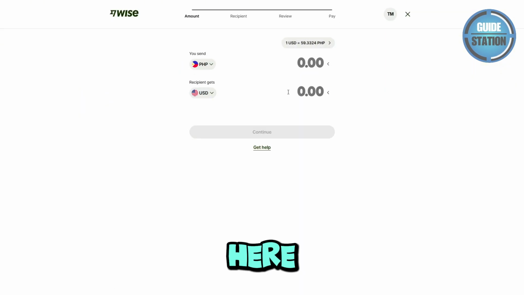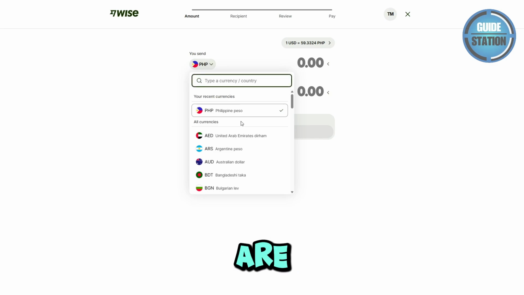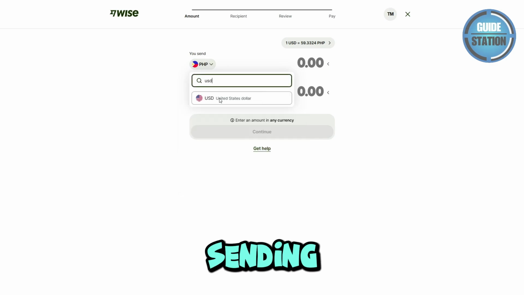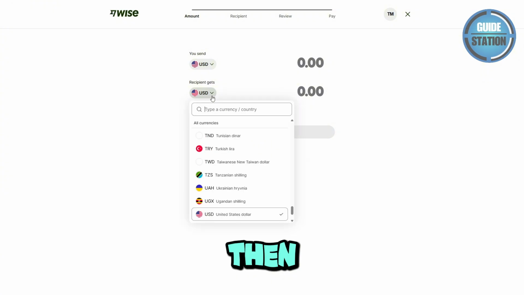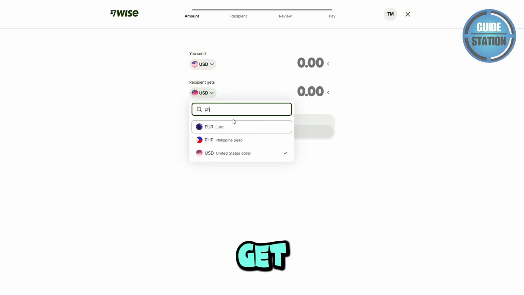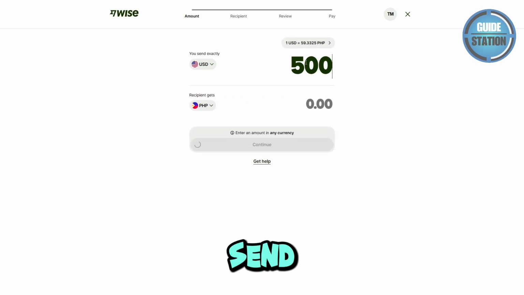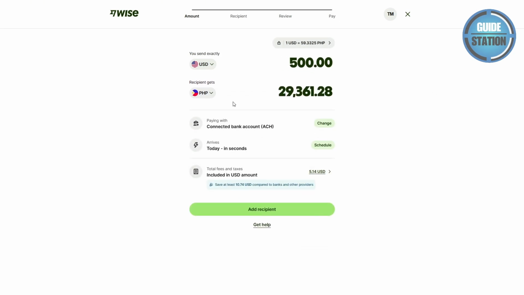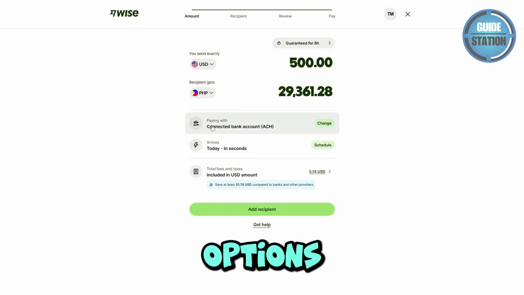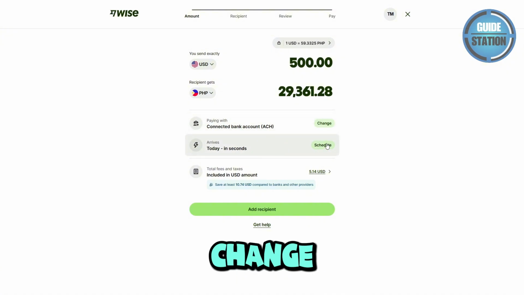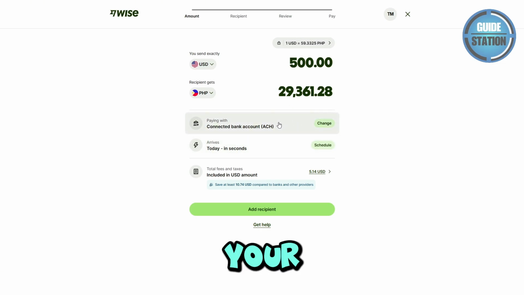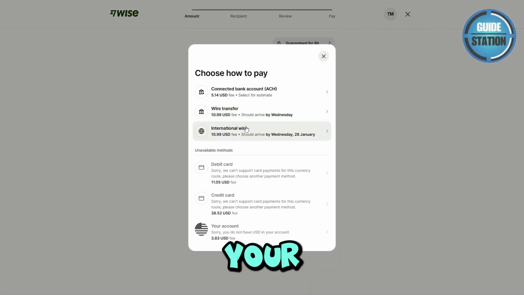Then from here, you need to choose the currency that you are sending. For example, we are sending USD, and then the recipient will get peso. Now type in the amount you want to send, for example, 500. Then from here, you'll have several options. You can change the schedule when this will arrive, or even change where it's coming from, basically your bank